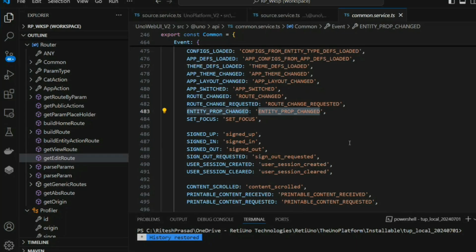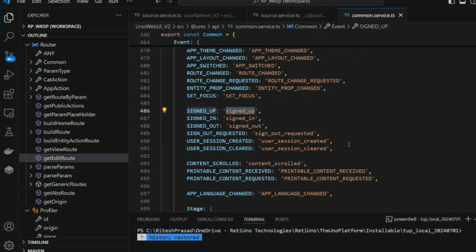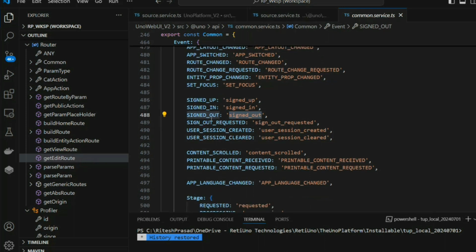When a user signs up in an application, a signed up event is emitted. When a user signs in, does the login, signed in will be emitted. When a user logs out, signed out will be emitted. And this is triggered after the sign out has been done, and this is when a sign out